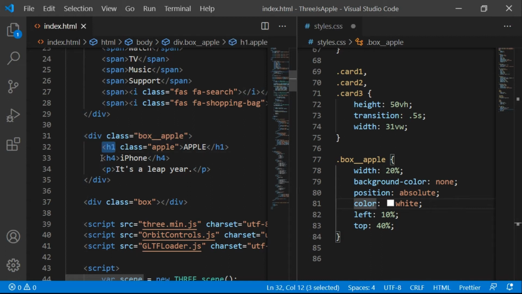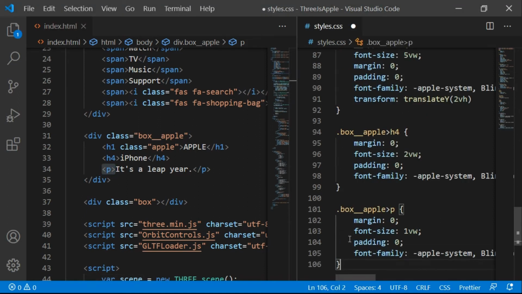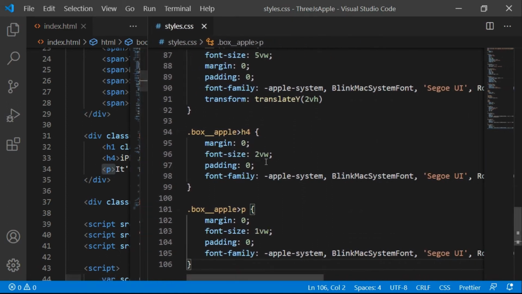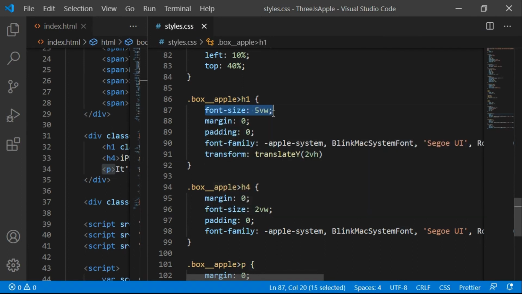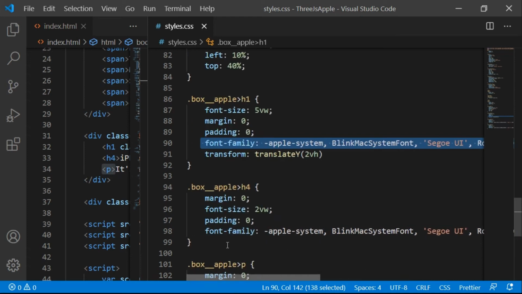Okay, so we got this h1, h4 and para tags. So we are simply gonna target each and every element here. So I'll just paste the code here. Which will be font size as 5 view width, margin will be 0, padding will be 0, font family as Apple system, open sans and sans serif, and transform.